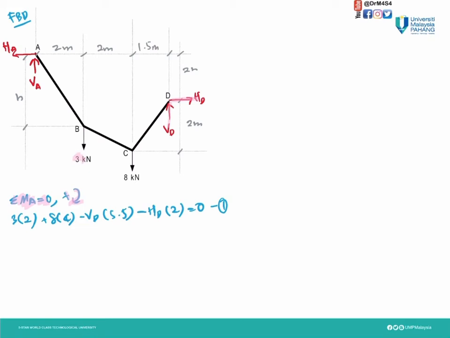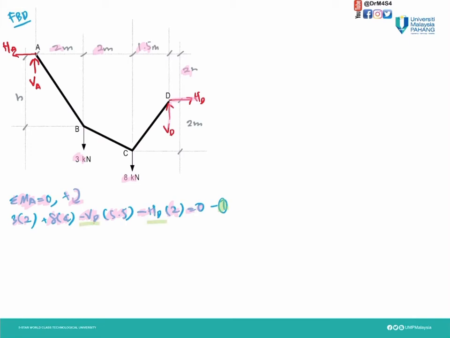So 3 kN times 2, positive. The 8 kN to point A is clockwise, so positive 8 times 4 meters. Then VD to point A is anti-clockwise, so negative VD. The distance for that one is 2 plus 2 plus 1.5, so 5.5. Then HD to point A is negative times 2 meters for the perpendicular distance, so equal to 0. So we cannot solve this yet, so we take this as the first equation, because here we have two unknowns, VD